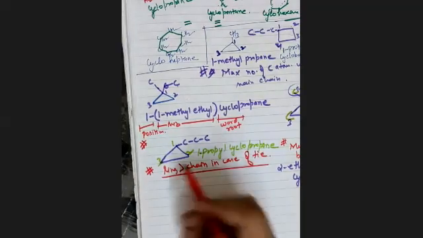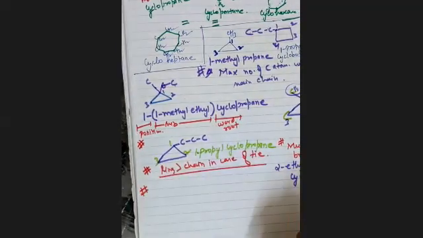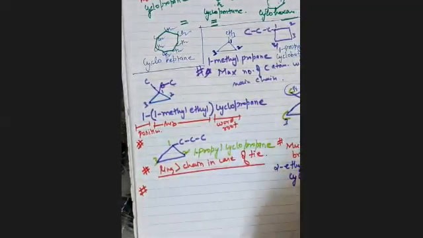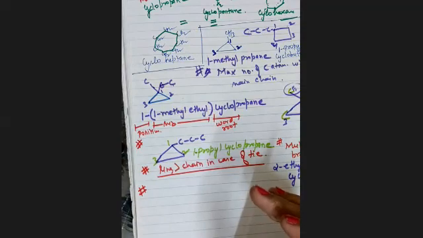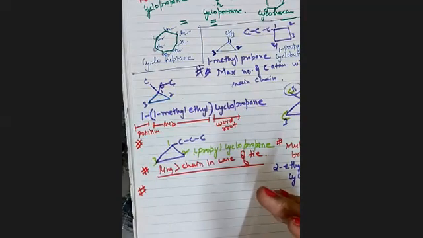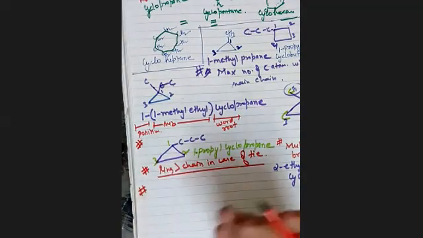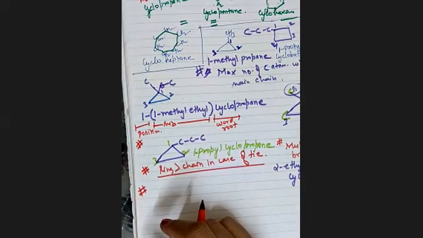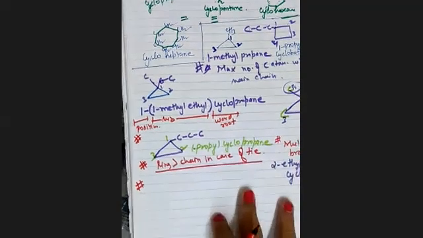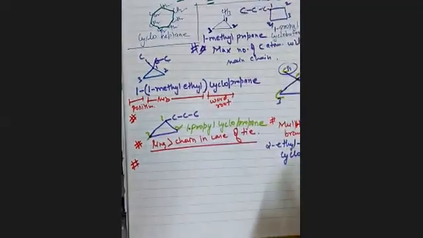Now it's time for a hashtag new rule. Whenever you have so many things attached with your functional, like the main compound, at that time you will give preference to which one? This is a big question. Ma'am, to which will we give more preference? Because sometimes we can have a functional group, we can have halogens attached to the cyclic compound or the main chain also. So the preference will be like this.